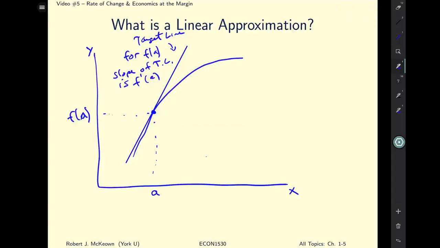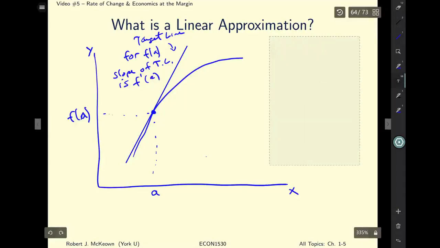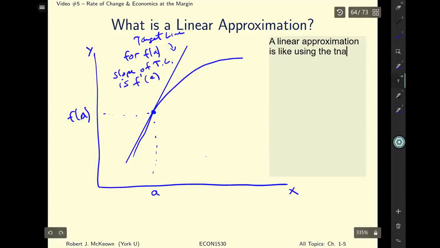If I want a linear approximation, well, it's like using the tangent line to estimate values of